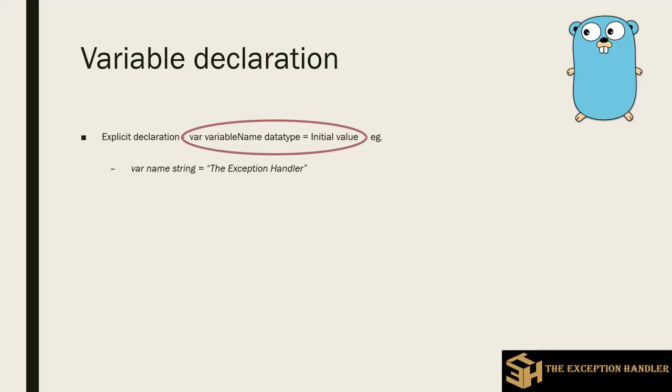Now let's go ahead and understand implicit type declaration. In implicit type declaration, we can declare a variable by its name, colon equal to, and the initial value. Here the initial value assignment is mandatory because at compile time the variable data type will be known by the initial value that is assigned to it. So if I want to declare a variable with the name as name, and I'll assign a value of type string, that means at compile time, the compiler will assign a type of string to this variable. Now let's understand this with an example.